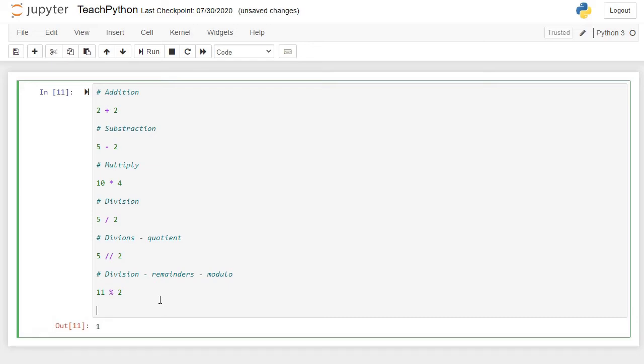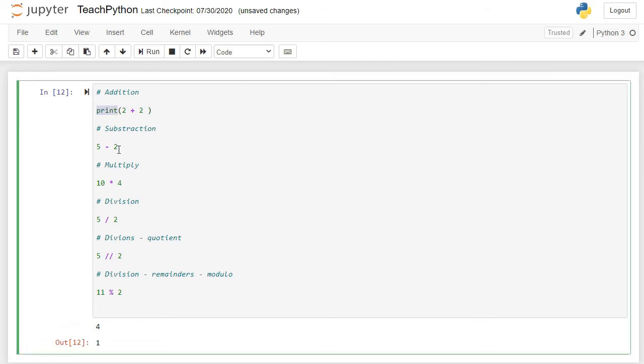But now one more thing. The main thing is we are only getting the output of the last result, but not of all of these, because the Python interpreter only prints the last expression which is there. For example, if I want to print all of these, I am going to use a simple statement, print. So what does print do? Everything we pass in print can be printed to the output. So this is the first thing: we can use print to print the outputs to the screen.